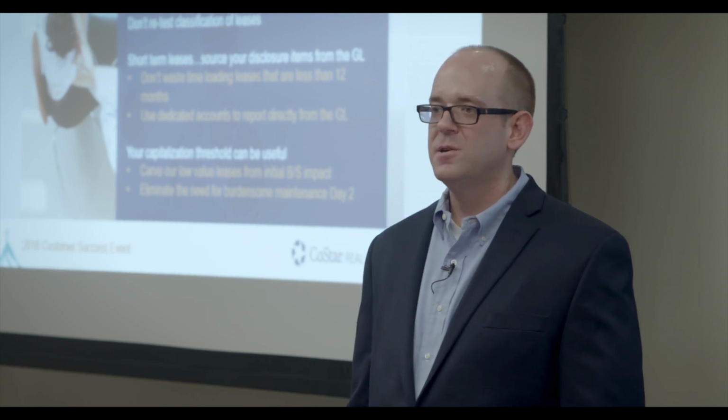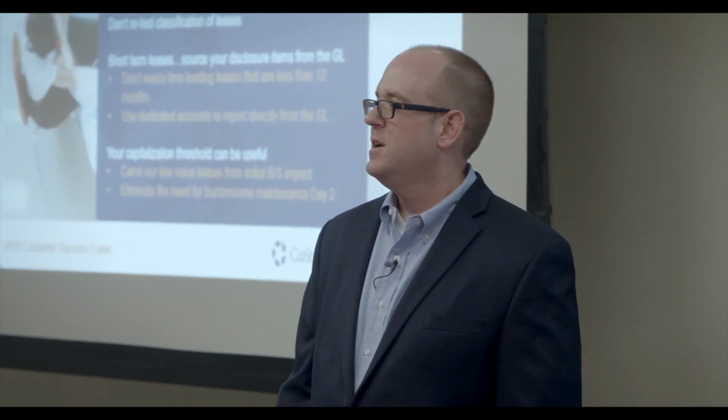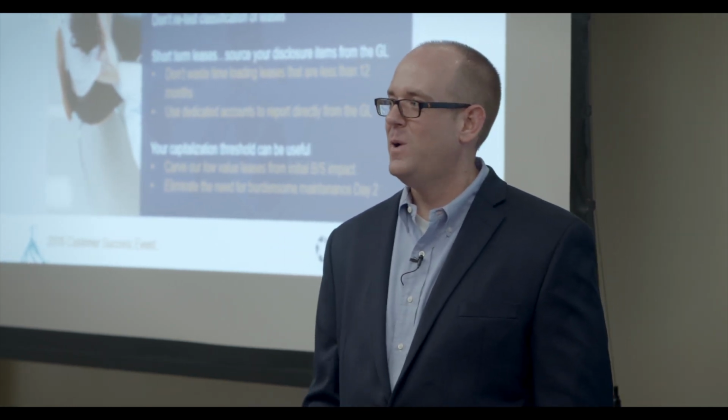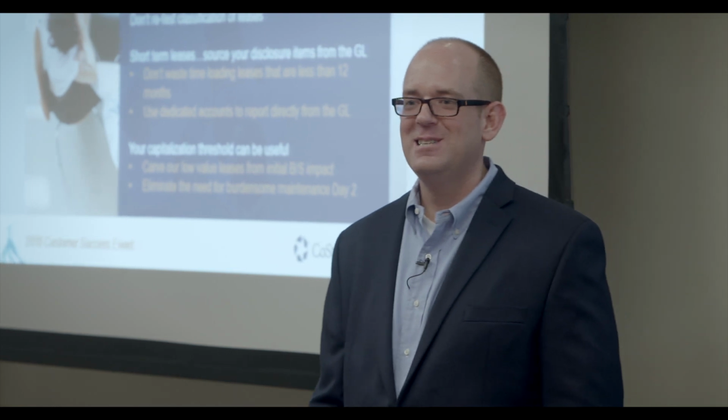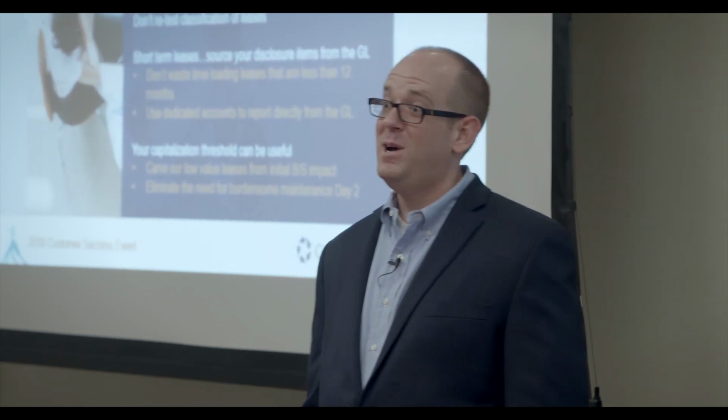But if you look in the basis for conclusions for ASC 842, you will find a paragraph that talks about the low-value leases, basically. And the wording is something to the extent of, we expect companies will apply reasonable materiality thresholds, and one approach could be similar to your fixed asset capitalization policy or threshold. So, you know, a lot of companies haven't updated their fixed asset threshold in 20 years, and it's sitting at like $250 or something, so that might not help you out.